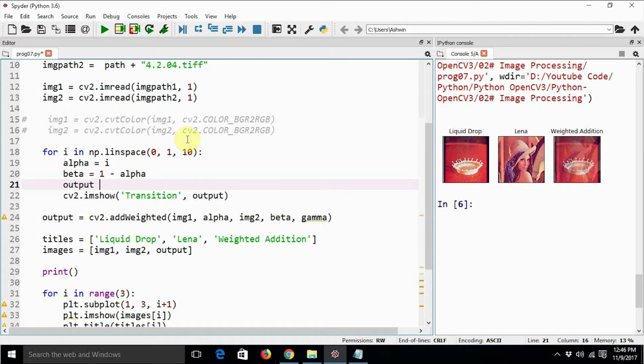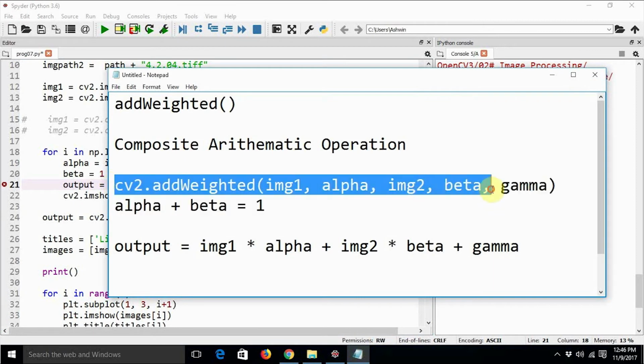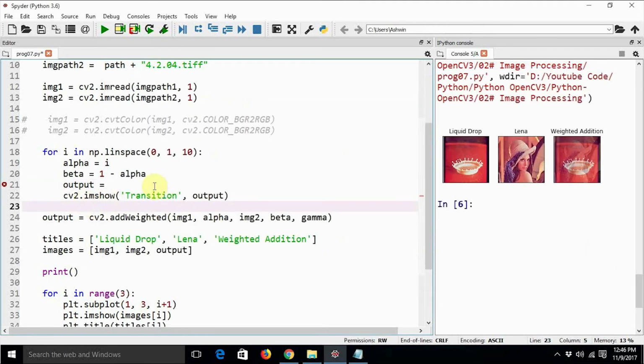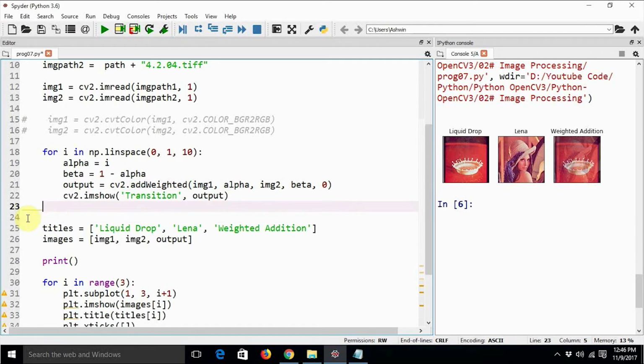Output equals, let's copy the stuff from the notepad if you don't mind. Here gamma equals 0. We'll just directly hard code the value of gamma. In case you want to change it programmatically, you can just add a variable gamma into this, and then even programmatically change the value of gamma. So cv2.imshow, and this statement is done.